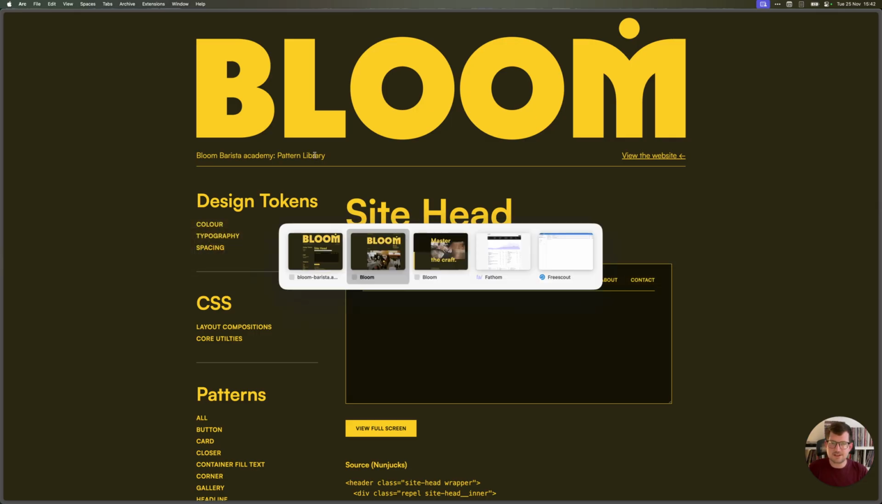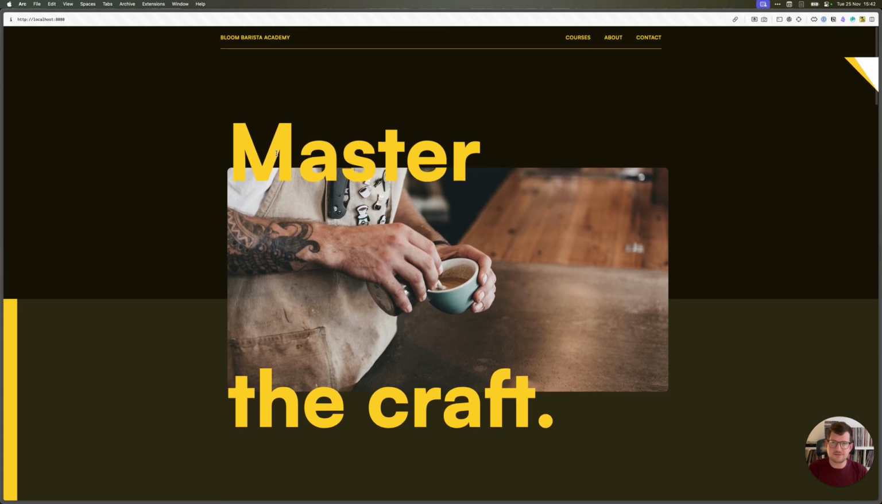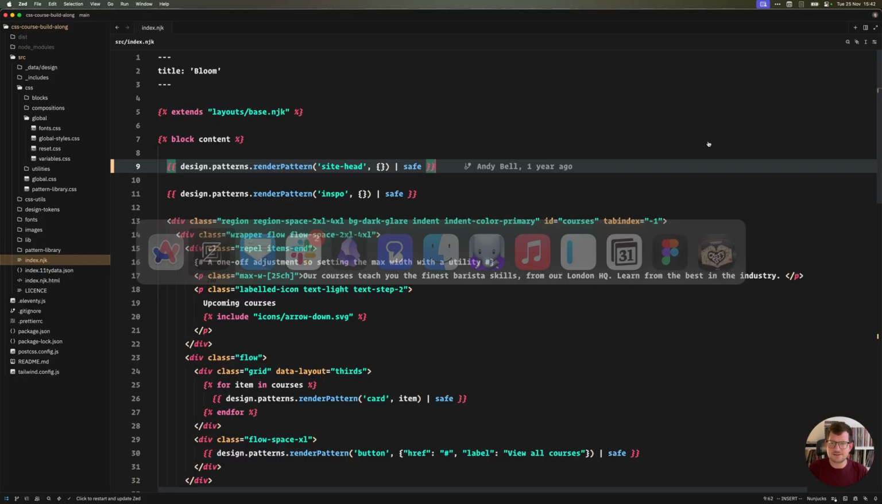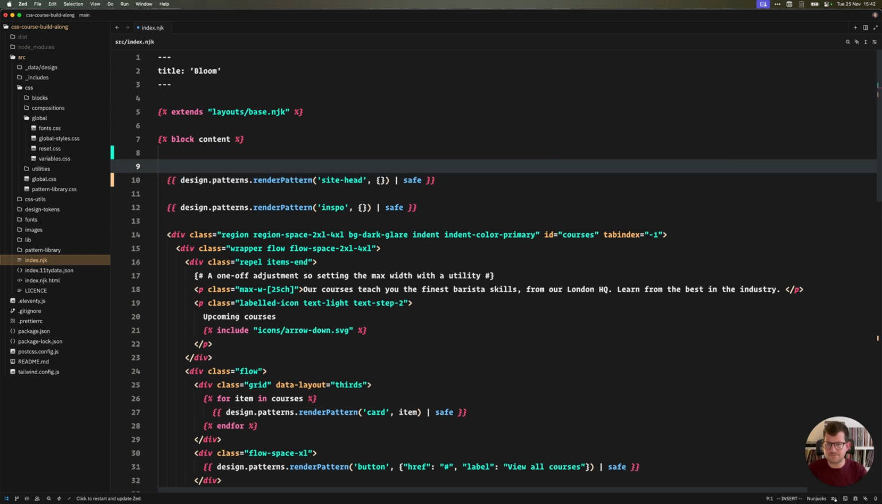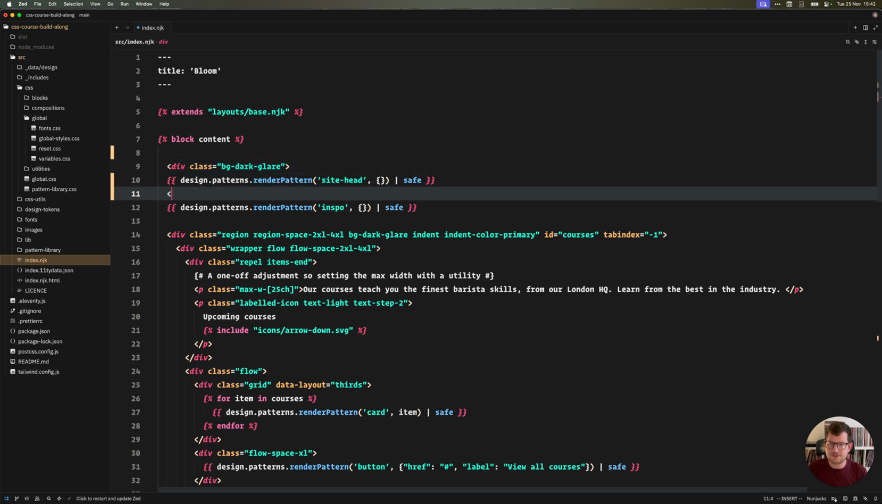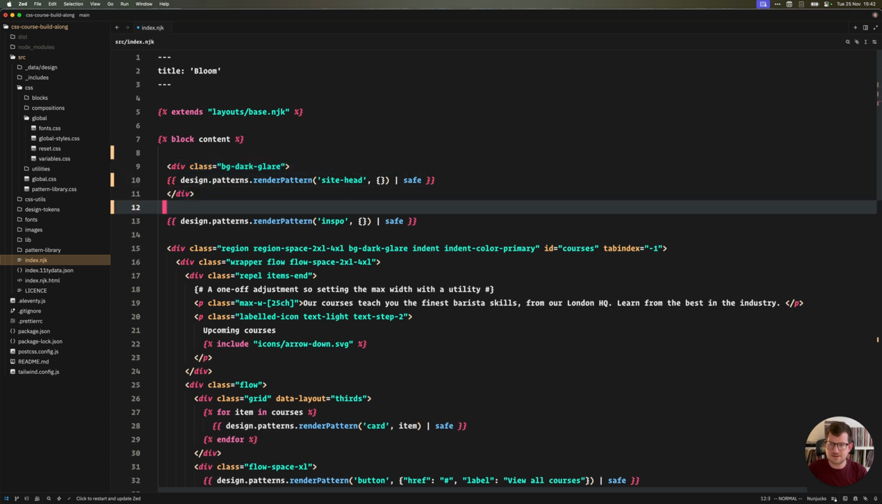And then if I go back to my local version and scroll up, there's the site head, but it hasn't got this lighter background. So in order to do that, I'm going to wrap it in a div, and I'm going to say bg-dark-glare. And you're probably wondering, where has he got that